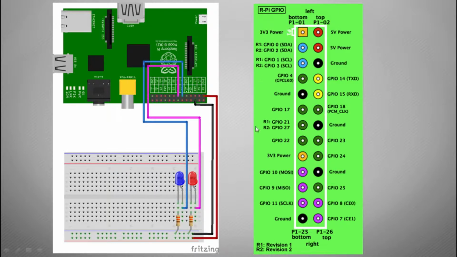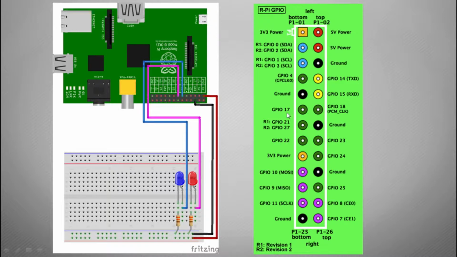On the right hand side here we have the diagram which represents these pins that you will find on your Pi. This one here is number 1, and it goes 1, 2, 3, 4 all the way down to 26. So when you're counting these, you're going to want to identify which pins to put them into. For example, to find which ones to plug the LEDs into, you would count 1, 2, 3, 4, 5, 6, and that would be classified as